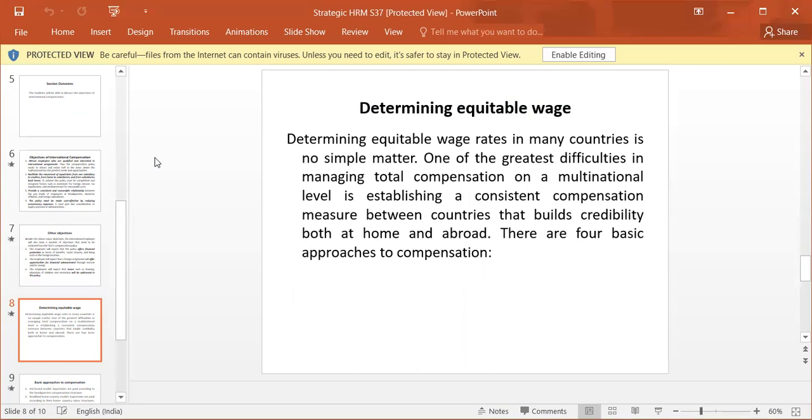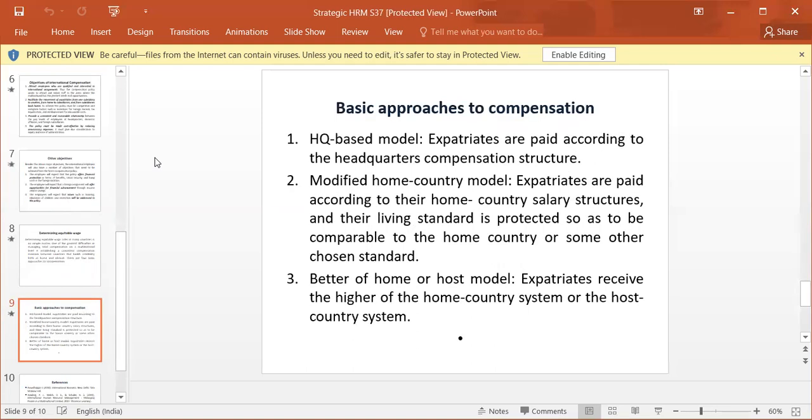Determining equitable wage. Determining equitable wage rates in many countries is no simple matter. One of the greatest difficulties in managing total compensation on a multinational level is establishing a consistent compensation measure between countries that builds credibility both at home and abroad. There are four basic approaches to the compensation. The basic approaches to the compensation are: